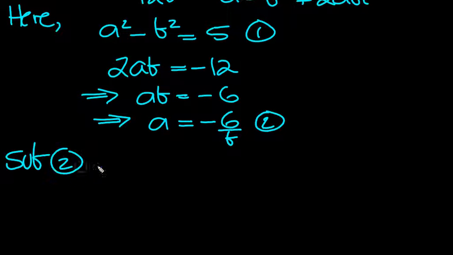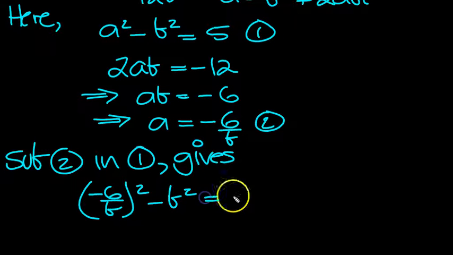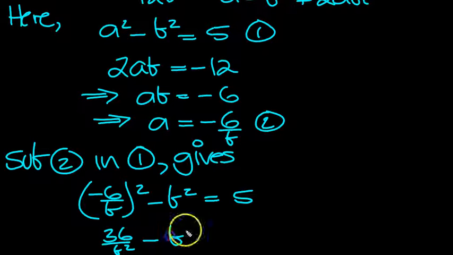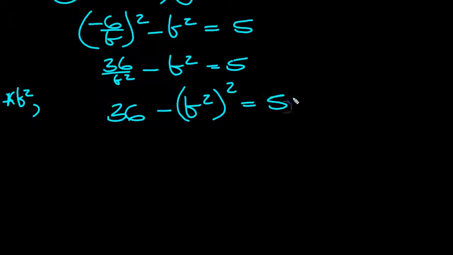So sub 2 in 1 gives, a squared is minus 6 over b, squared, minus b squared equals 5. Minus 6 over b squared is 36 over b squared, minus b squared equals 5. Multiply through by b squared all the way through. That gives 36 minus b to the 4, which you can write as b squared squared, is equal to 5b